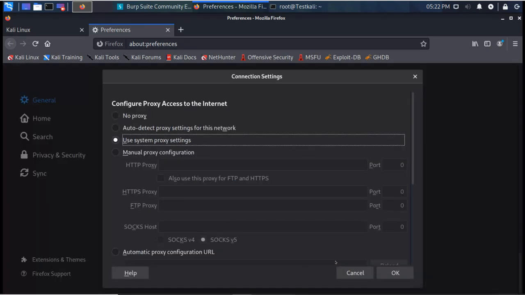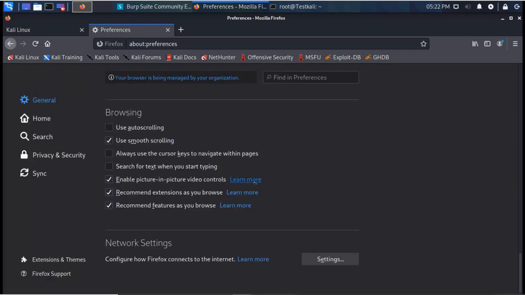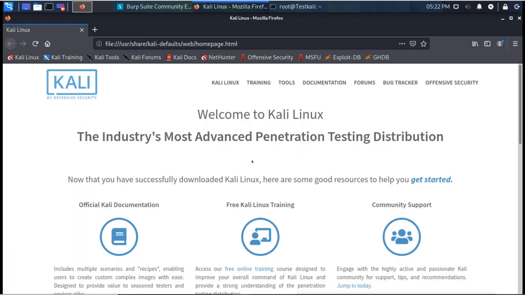Network settings, and in the network settings I will go to proxy, manual proxy, and the proxy address will be 127.0.0.1 and the port number will be 8080. Now whatever request I send from this browser will go to that proxy address, and Burp Suite is sitting on that proxy address to intercept all the traffic.